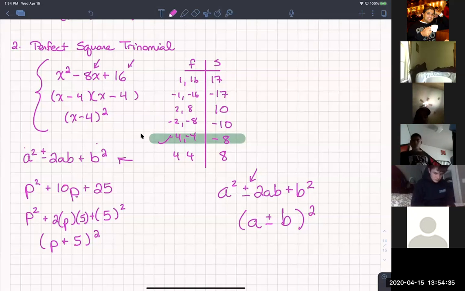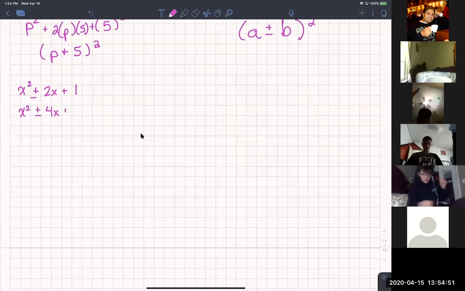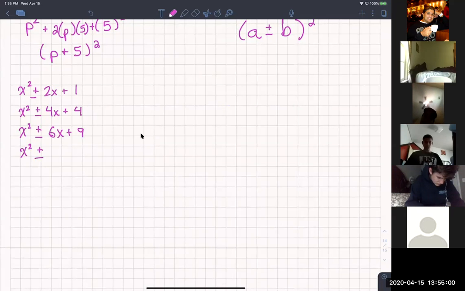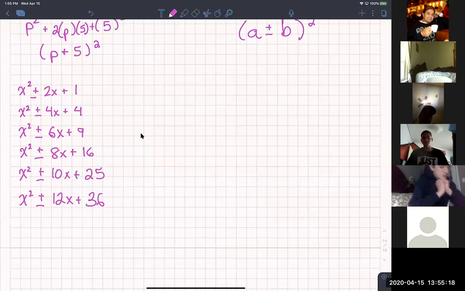Okay. Now let's list my perfect square trinomials. So x squared plus or minus 2x plus 1, x squared plus or minus 4x plus 4, x squared plus or minus 6x plus 9, x squared plus or minus 8x plus 16, x squared plus or minus 10x plus 25, x squared plus or minus 12x plus 36,